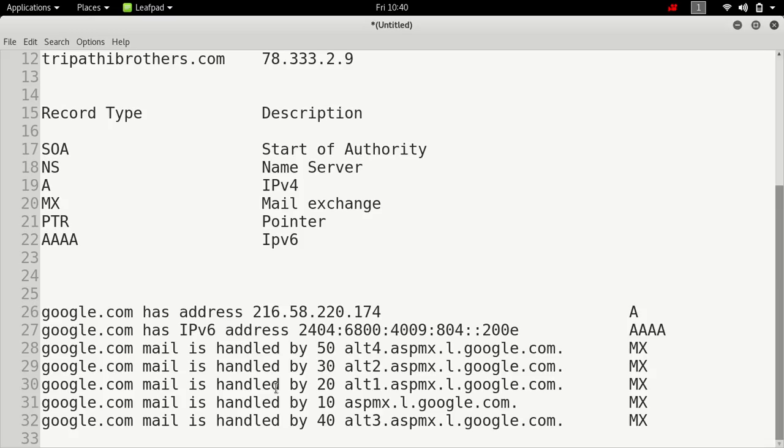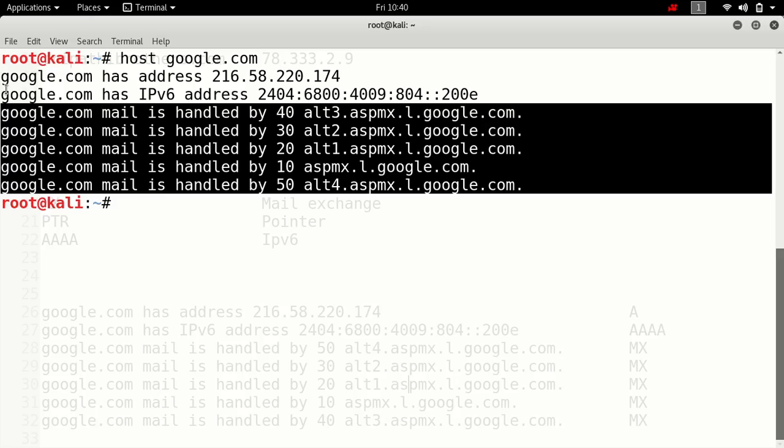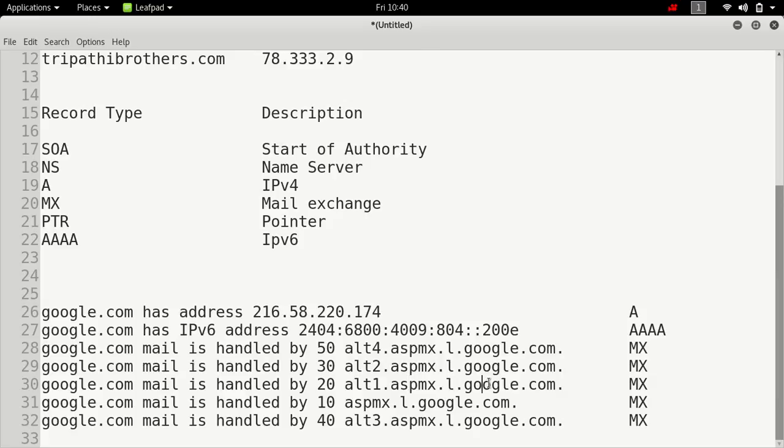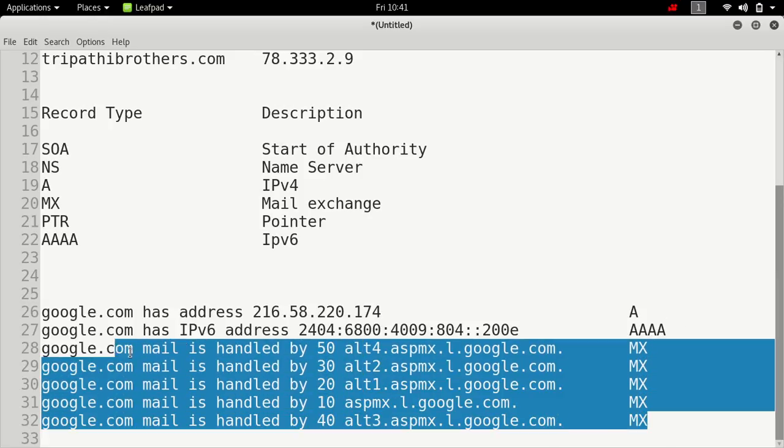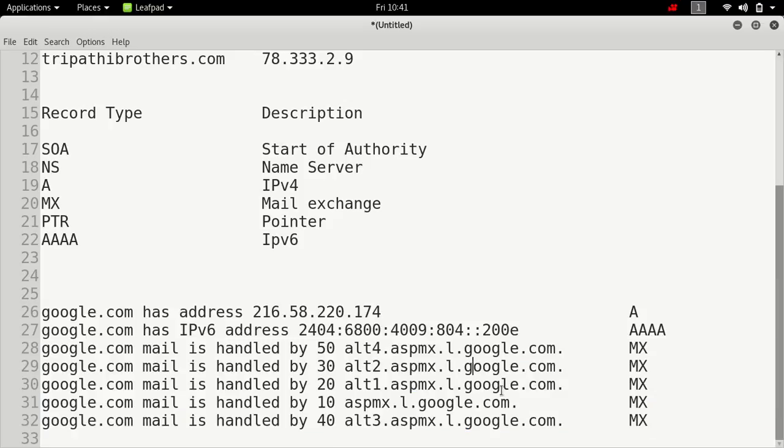I copied and pasted the same thing here. So google.com has an address. This is the A record, which I already said is the IP version 4 record. Google.com has an IP version 6 address. This is the AAAA record. And these are the mail server records, the mail exchange records of Google.